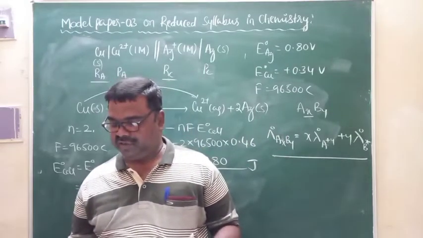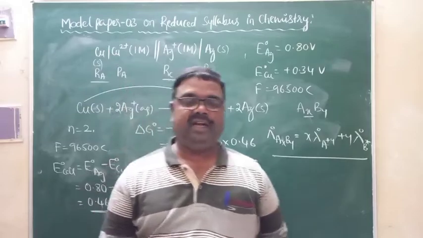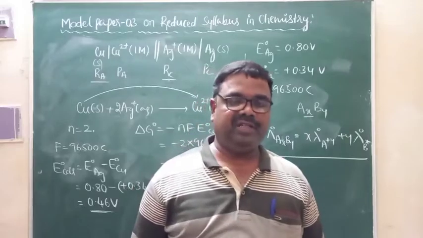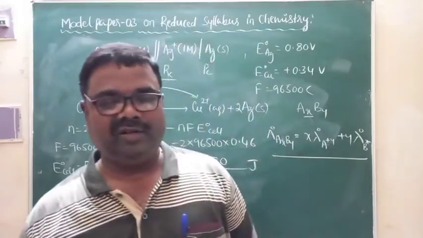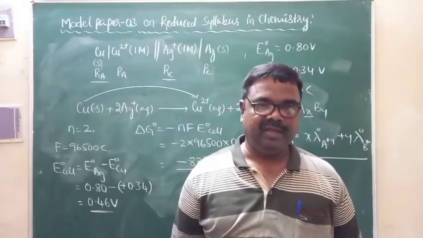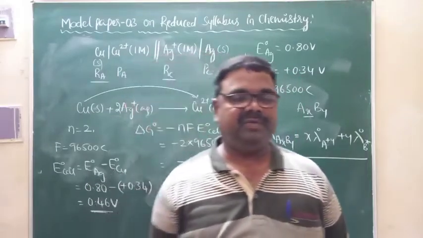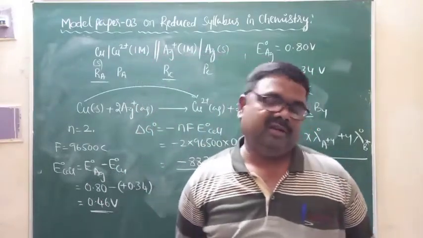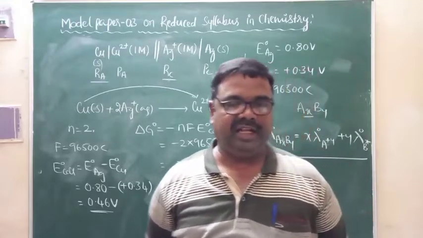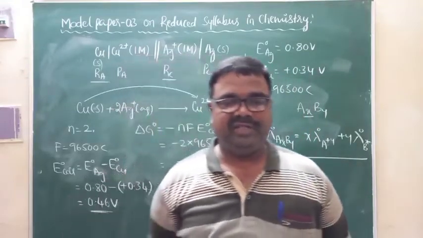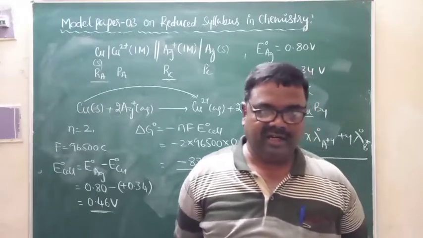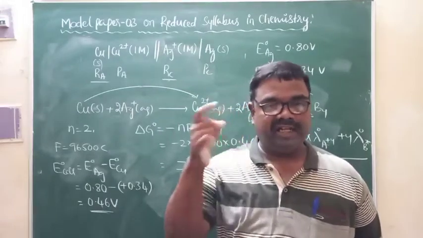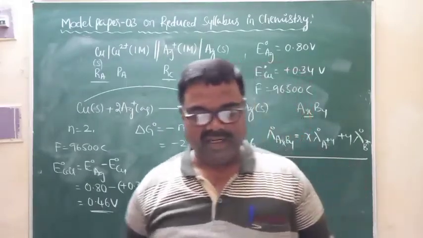During electrolysis of aqueous solution of sodium chloride, hydrogen gas is liberated at the cathode because the standard electrode potential of H plus is greater than the standard electrode potential of Na plus ions. As you know, during electrolysis of aqueous sodium chloride solution, there is a competition between Na plus and H plus ions. In that competition, H plus ions will be preferably reduced compared to Na plus ions to liberate hydrogen gas, because the standard electrode potential of H plus is 0.0 volts, which is greater than that of Na plus ions, which is minus 2.71 volts. Hence hydrogen gas is liberated.